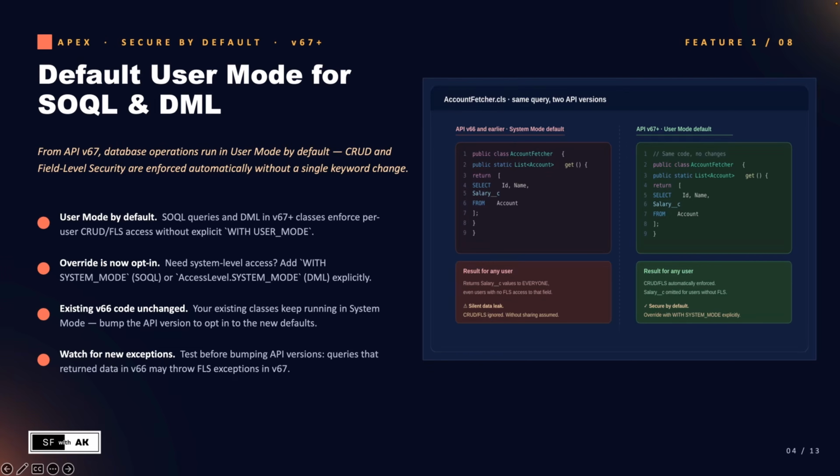So any class that you have in version 66 or earlier will not change anything. That will still run in system mode. The new default will only kick in when you upgrade the API version of a class or create a new class in API version 67. Second, once you update the class, I would recommend you test that